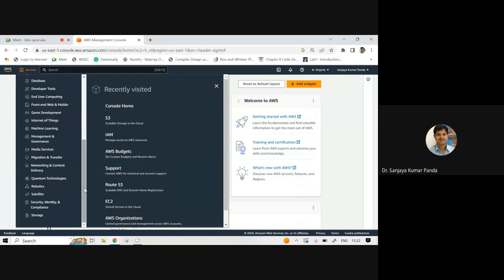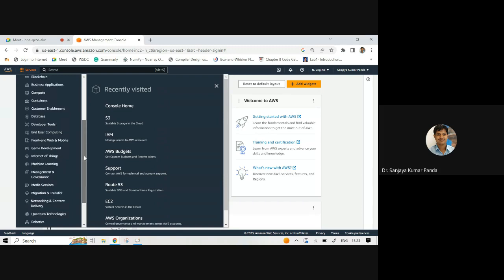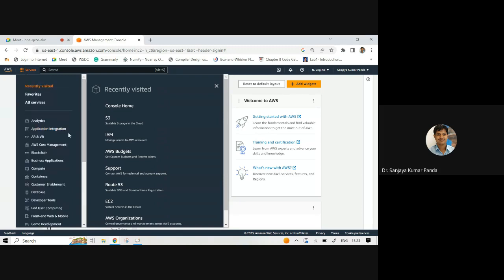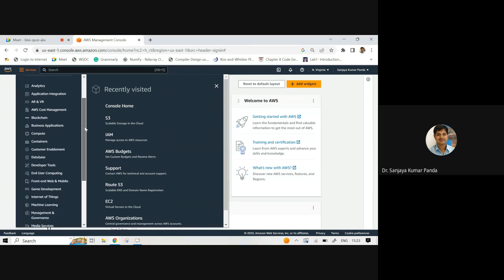So whatever applications you are targeting when you join a particular company, your company may be interested in blockchain, or they may be interested in IoT. So accordingly, you have to gain expertise in the respective domain. Nowadays we are also talking about containers. A container is more lightweight in comparison to a virtual machine, right? Such types of experiments you can find here.